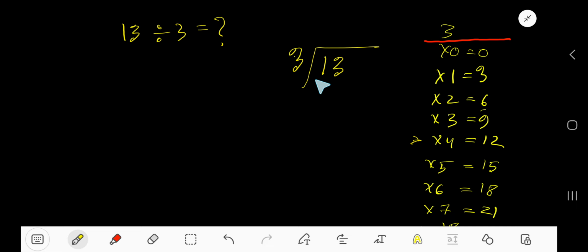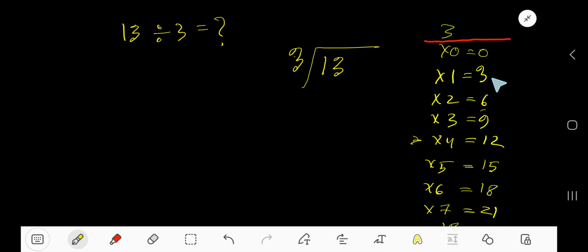13 divided by 3. Here 3 is the divisor, so we need the multiplication table of 3. 3 times 0 is 0, 3 times 1 is 3, 3 times 2 is 6, 3 times 3 is 9, 3 times 4 is 12. To find the multiplication table of 3, just add 3 to the previous step. 0 plus 3 is 3, 3 plus 3 is 6, 6 plus 3 is 9, 9 plus 3 is 12, 12 plus 3 is 15,